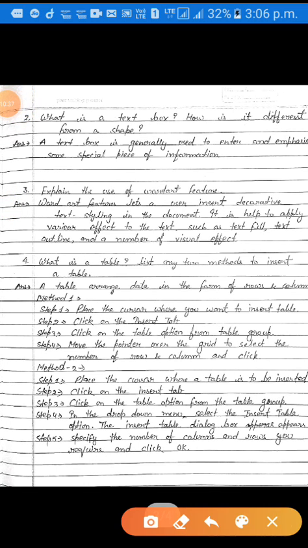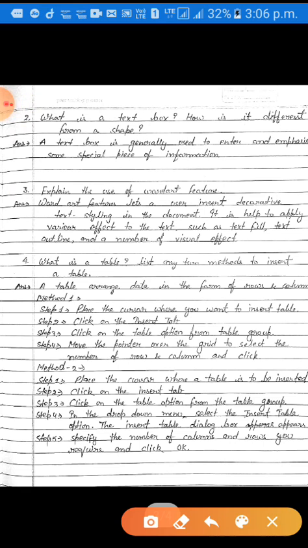Question number 2 is: what is a text box? The answer is: a text box is generally used to enter and emphasize some special piece of information. Next, question number 3 is: explain the use of the WordArt feature.